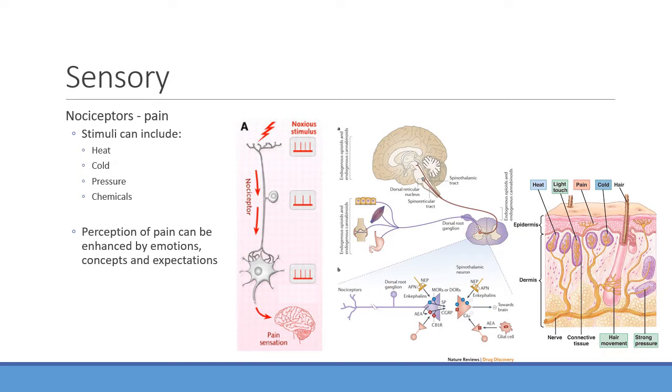Now, with the nociceptors, these stimuli can include wide varieties of things. So you can have things like heat, obviously. So if you touch something like a stove that's on, yes, you're going to sense pain when you sense that heat. Cold can do this as well. In some cases, pressure, even chemicals. Can you think of any chemicals that can cause pain? Maybe like if you're cooking in the kitchen, and you work with jalapenos or something, and you get so it's capsaicin. The capsaicin is one of the chemicals found in spicy peppers that can cause pain, especially when you get it in contact with mucous membranes and things like that.